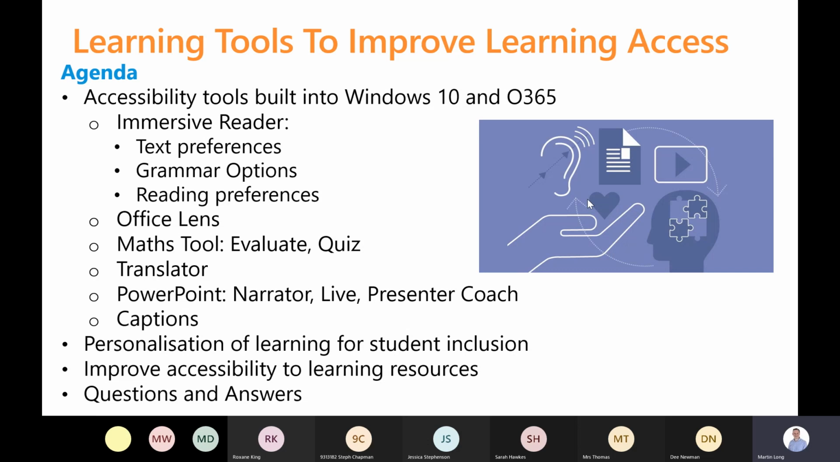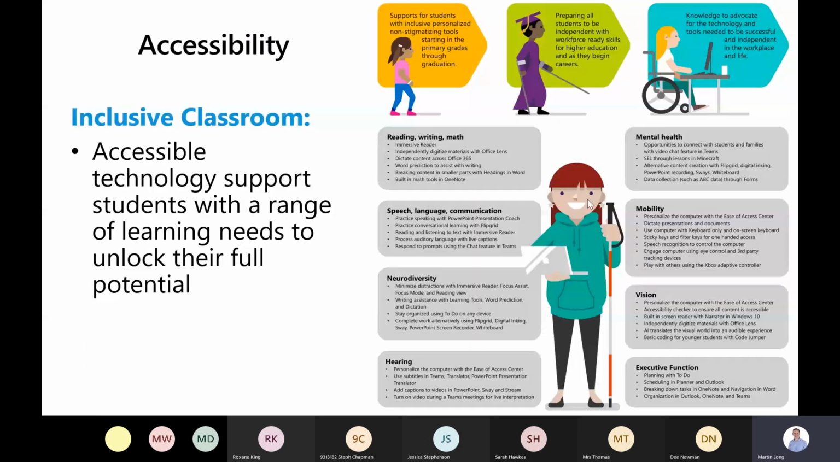All of that will be encapsulated in how to personalize learning and make it more accessible. The aim of the learning tools from Microsoft is to increase the inclusivity of the classroom. I appreciate that the graphic on the right-hand side is a little bit small, but what we're meant to show there is that all areas of the curriculum can be helped by using these tools, and they aren't exclusive to